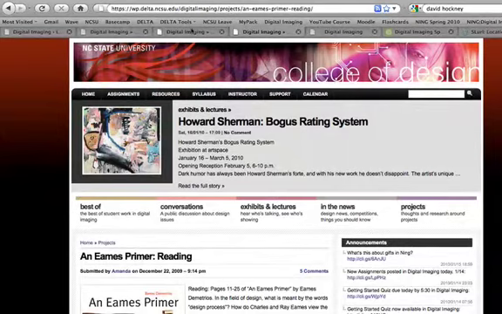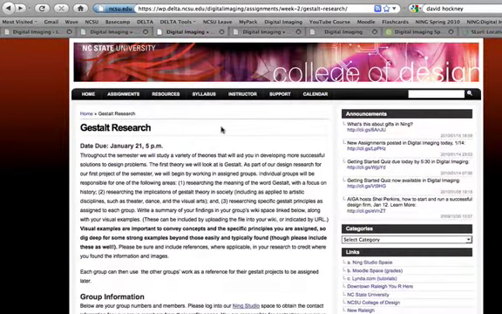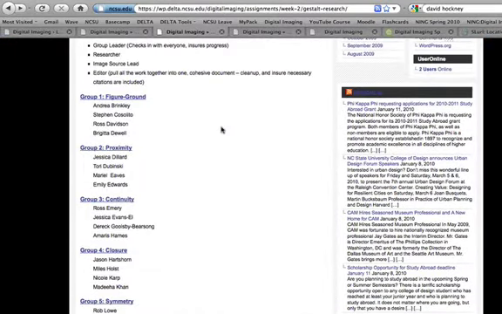Okay, next thing I wanted to cover was the Gestalt assignments, and you can see in here this is our Gestalt research, and these are the different groups. Hopefully everybody's gotten together in our Ning space, our collaborative studio space, and you've created your group and you've all logged in and you're kind of assigning your roles. If you haven't got roles figured out by now, you need to do that ASAP, because you need to start getting that research done so that your editor, somebody who's going to go in and finalize that, has time to do that later this week before it's due.